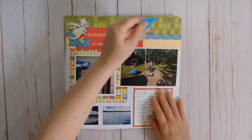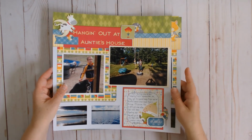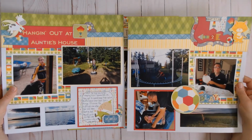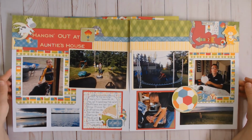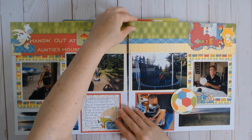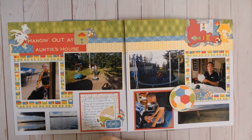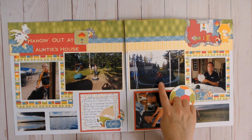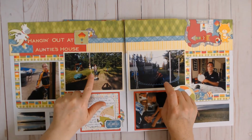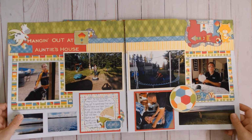This is another RTS collection cut up. She did, I think, 4 double page layouts, and I think I only did 3 of the 4. The other one I did as a single page. And this was another, are we all in frame here? This is another double pager. This is of the kids going to their aunt's house. And their aunt lives on an acreage, and so they do a lot of, I wanted it to be kind of playful. Like, here's my husband playing with our niece, and there's our oldest son jumping on the trampoline, and you know, I just wanted it to be very playful, so I thought this was an appropriate layout or collection